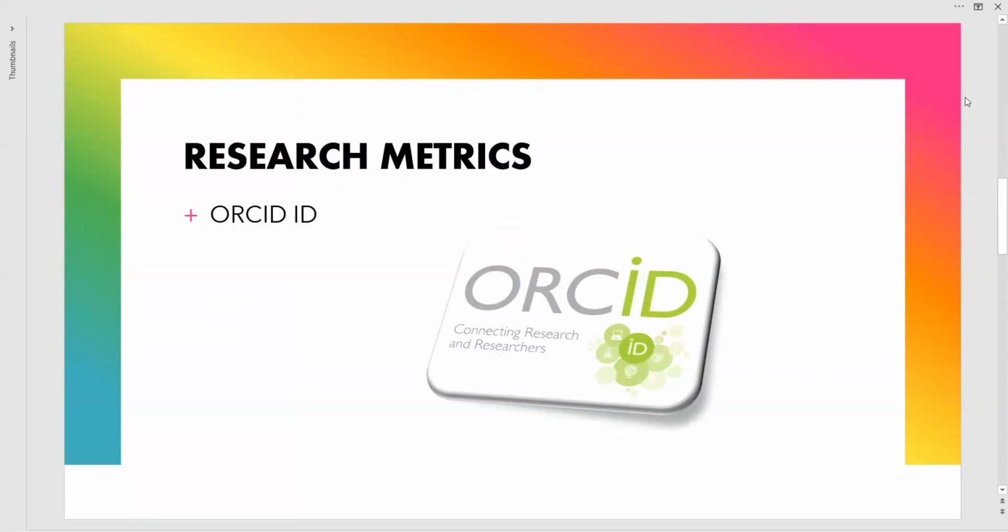ORCID ID. It is actually a non-proprietary alphanumeric code for unique identification of authors around the world and their contributions. This was established in the year 2012. In general, this provides a persistent digital identifier that an author can own and control. This particular identifier or code, which is provided by ORCID, distinguishes one author from another author.